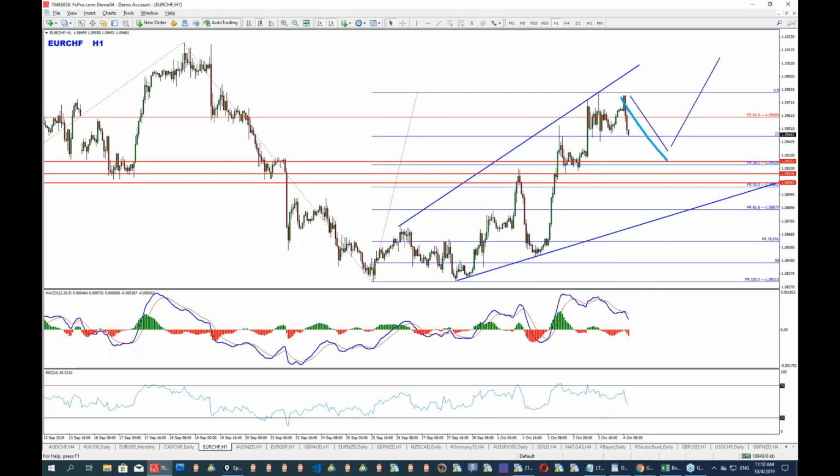There we go. And then we want to see where the 50% matches. So this is approximately the ideal zone where we want to start looking for these buys. Why this zone? Because if it starts moving with an angle like this, in this kind of time frame, the idea is for the price to push towards the upper trend line, towards the 50 zone, and to meet both of these levels at the same time, approximately